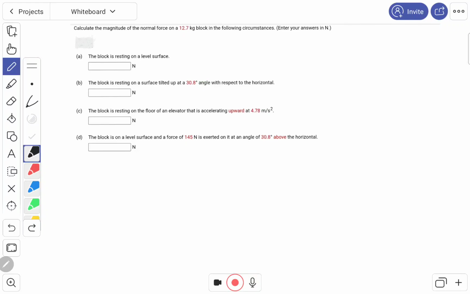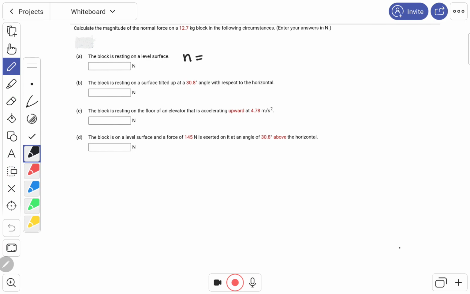Calculate the magnitude of the normal force on a 12.7 kilogram block in the following circumstances. Enter your answers in Newton. Part A. The block is resting on a level surface. So if the block is resting on a level surface, the formula that we are using is going to be